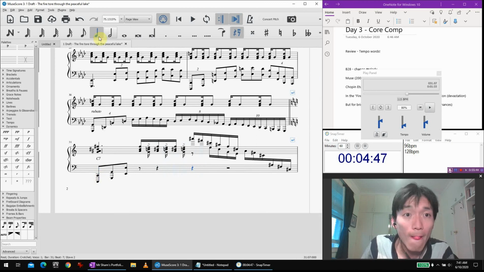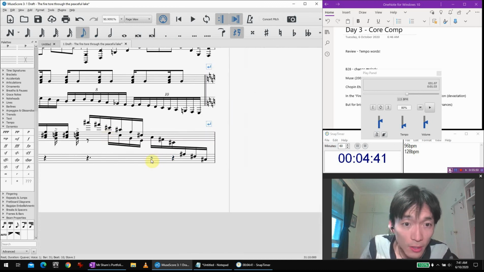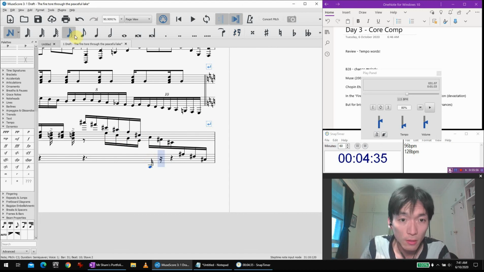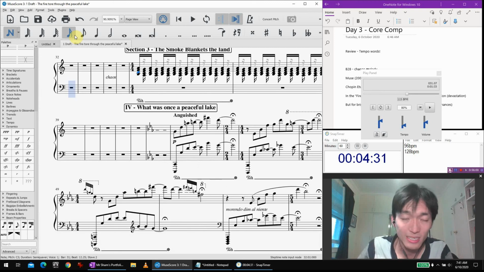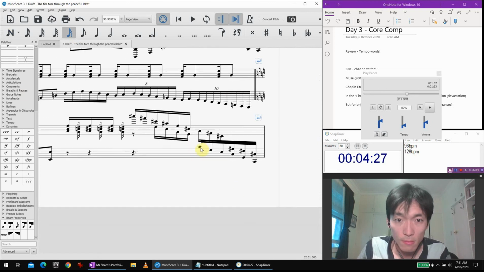Okay. Dotted, and we're starting here, I think. Nope, we're starting here with a C. G, E, C, G, C. Lower stem.